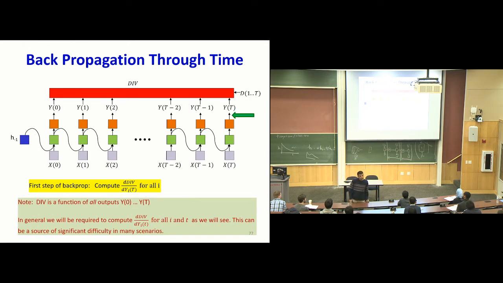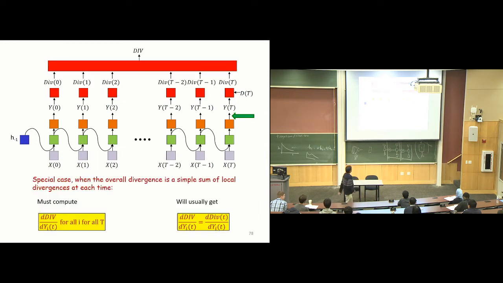And a lot of what we're going to do in the next couple of classes is actually going to focus on the fact that this divergence is poorly specified in some problems, okay? But for now, I'm going to assume a special case. I'm going to assume that the divergence is a simple sum of the divergences at local times. So you can compute a divergence at each time, and the total divergence is just a sum of the divergences at the individual times, okay? That's only for the sake of illustration. The actual arithmetic, the logic that I'm showing does not depend on this, okay?